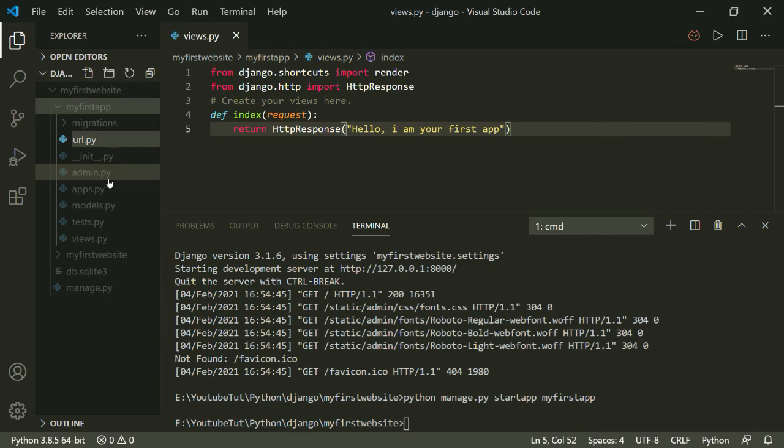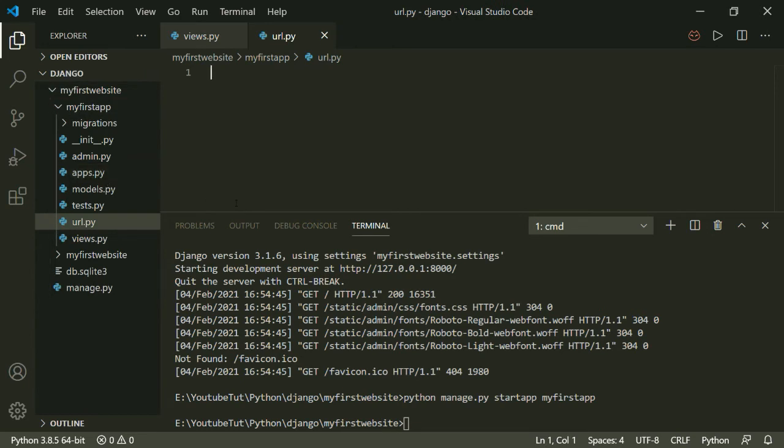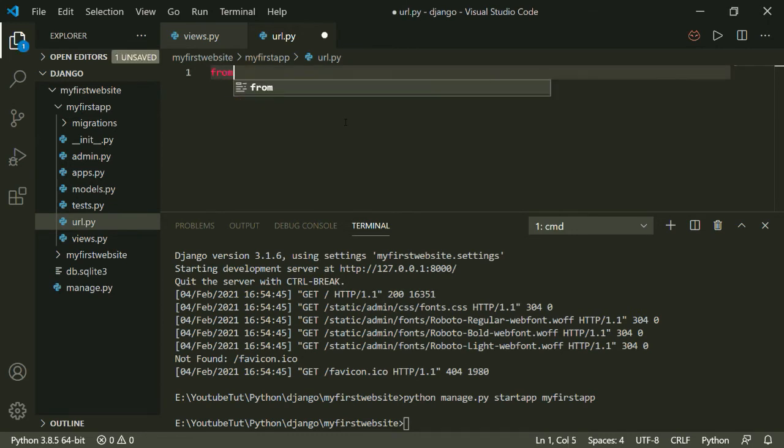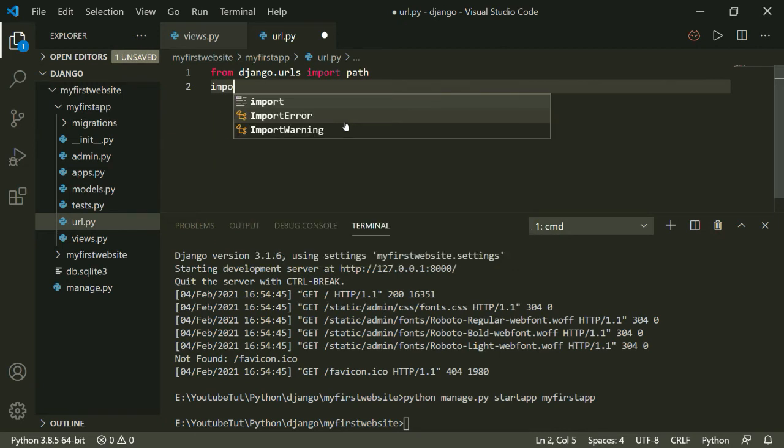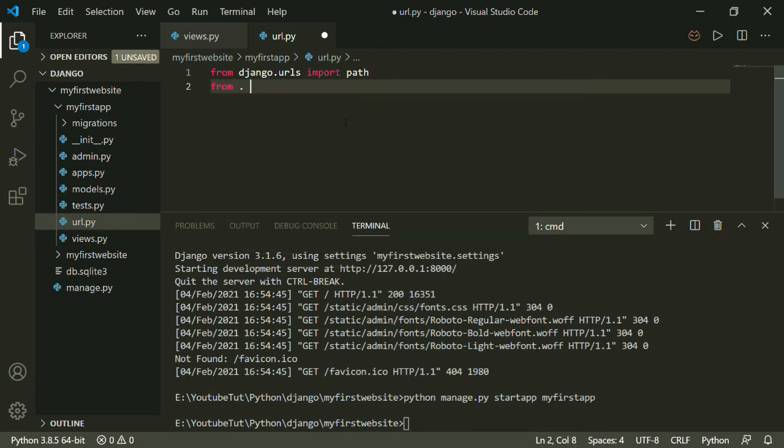In this file, I will write from django.urls import path, and I will also import views. I will provide the root name with from . import views.